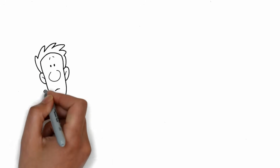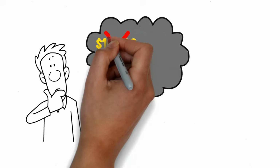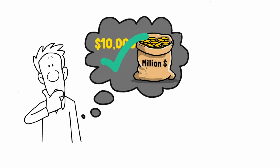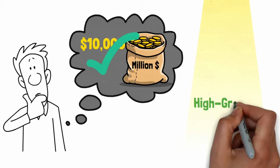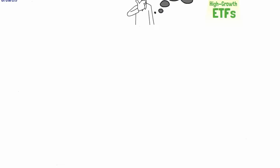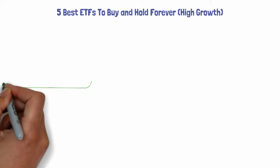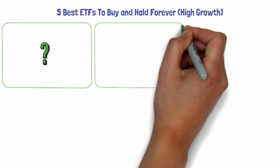Most people think $10,000 isn't enough to make $1 million. But what if I told you it could be? The secret is high-growth ETFs. Today I'm going to show you 5 high-growth buy-and-hold ETFs, each of which can turn $10,000 into a $1